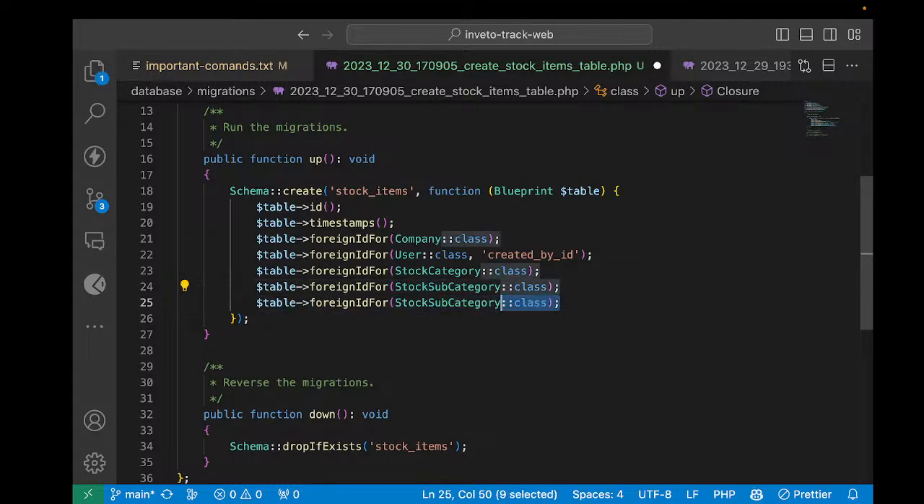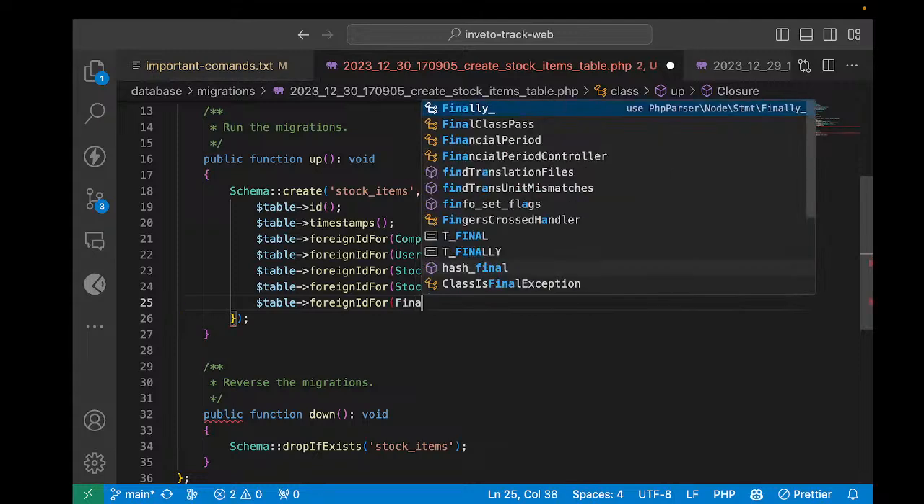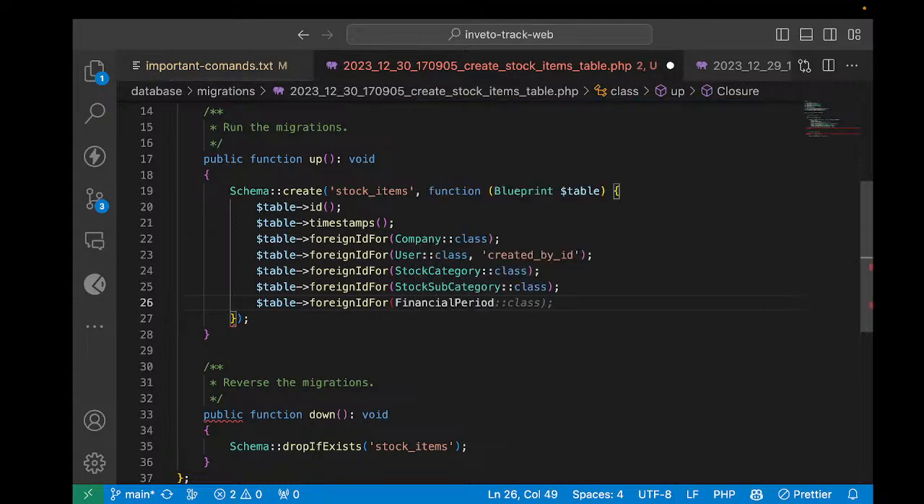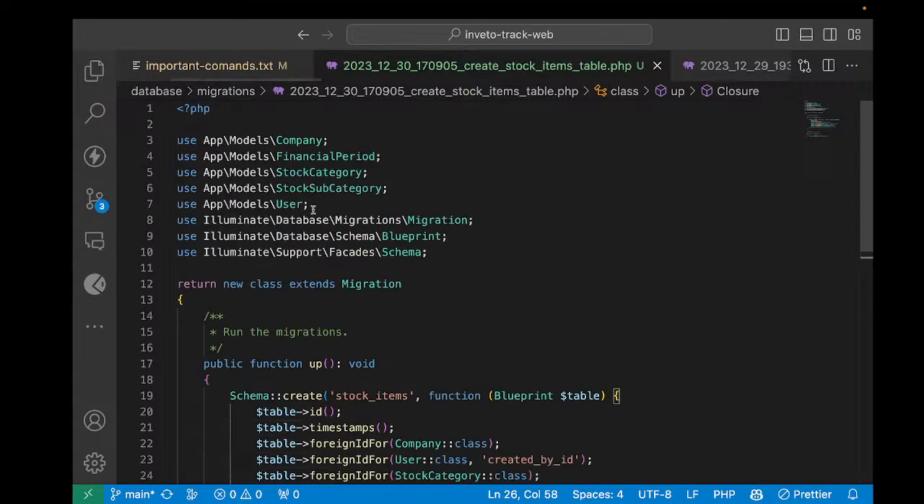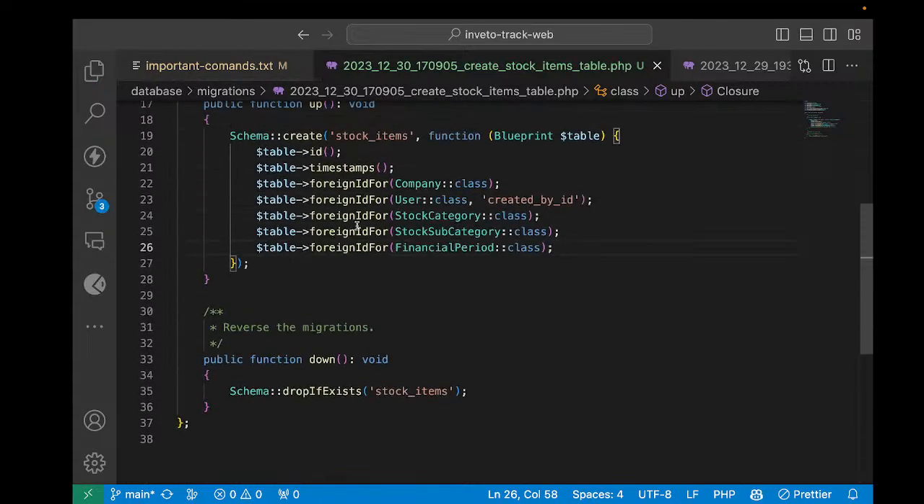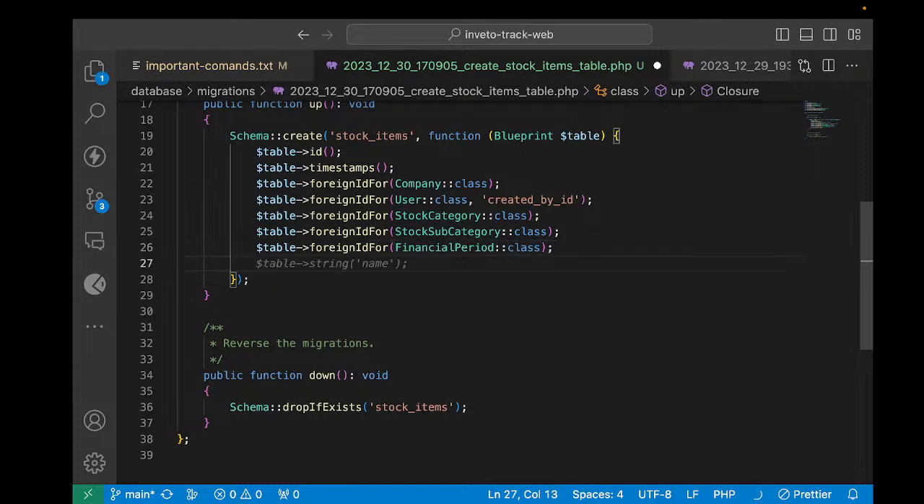So I'll go ahead and put also here financial period. We called it financial period because others can use months, others can use years, and make sure it is also imported here. So that is very important. So okay, we have seen that. All right, I think that is okay. Now after doing that, the next thing,